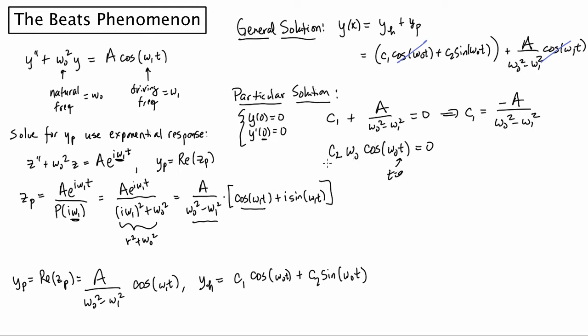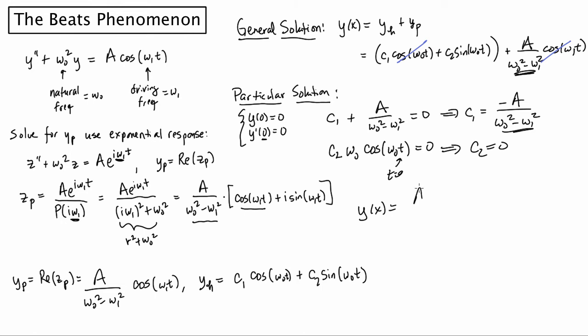I do not want omega naught to be 0, so the only thing that's left to conclude is that C2 must be 0 in that case. What that gives us then is a particular solution of y of x equal to, well, if I get rid of C2, then notice that my C1 looks exactly like the coefficient for the particular solution, and so I can